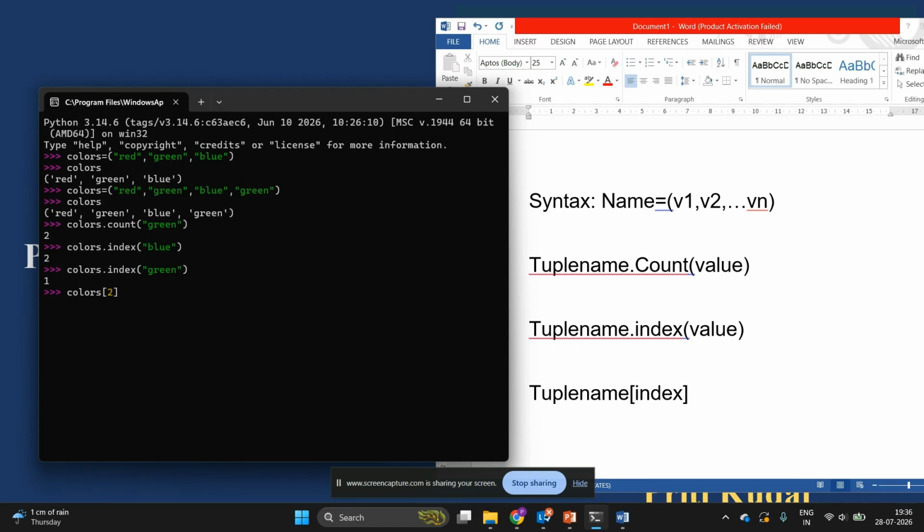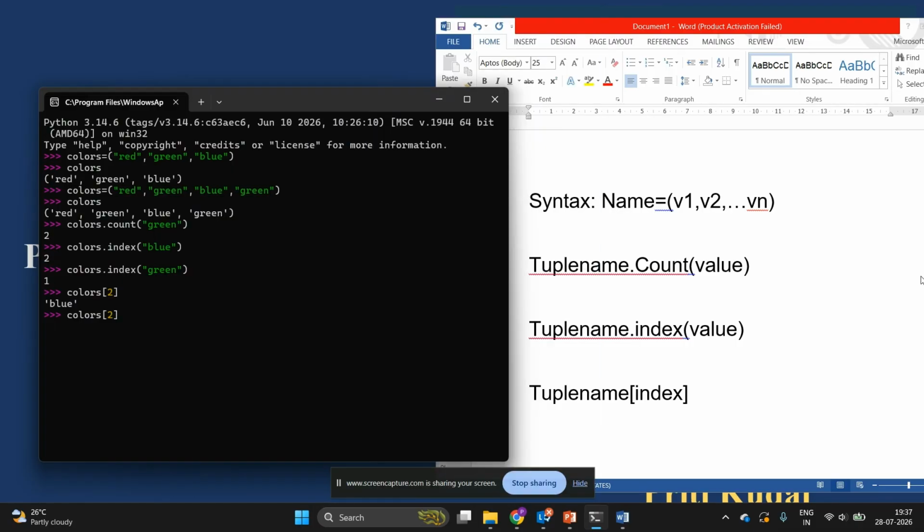It should return the second position element from the colors tuple. The second position element, counting 0, 1, 2, is blue. So it has displayed blue. So the tuple name with square brackets and an index position will return the specific element or value available at that index position in the tuple.